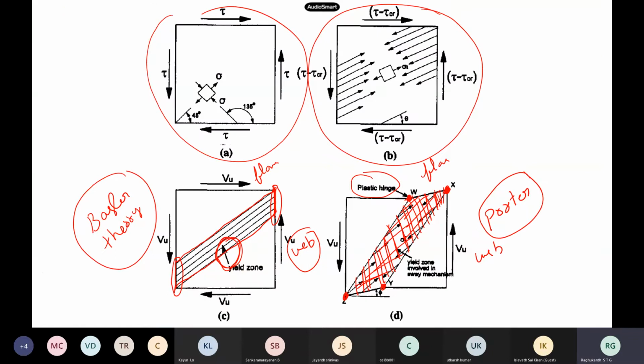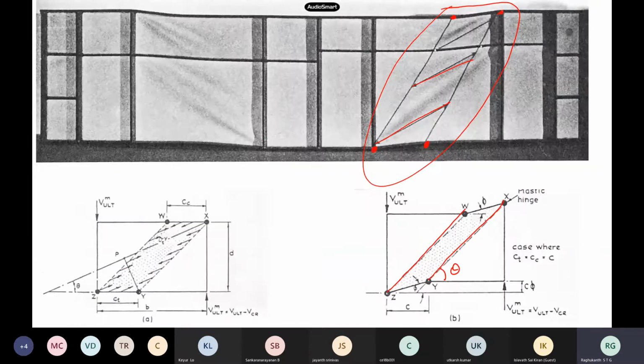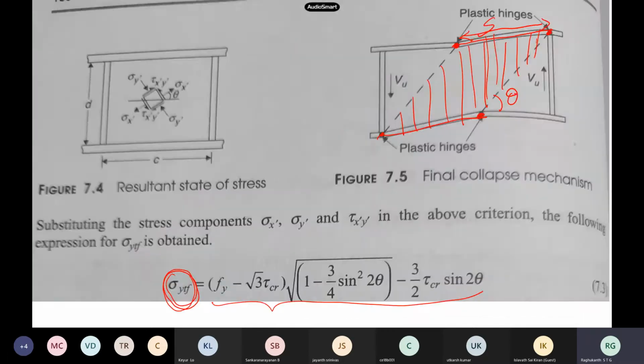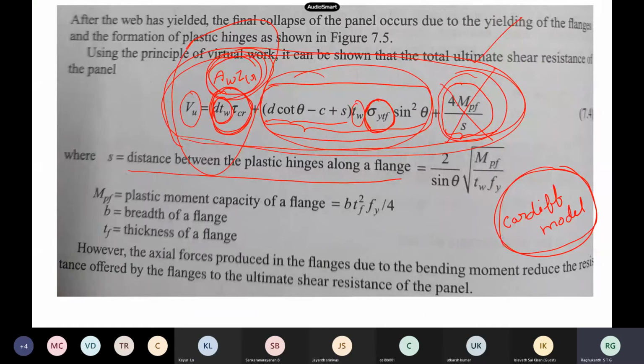Okay, and I have explained to you also what this basic formula says. So how the tension field breaks, as we already told you: the hinges form in the flanges. That is how you see the plate girder fails. So, do any of you remember what model we are using in our code?